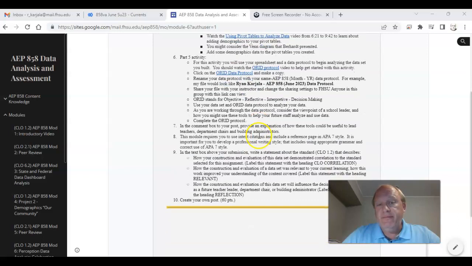Here's another one. And the last part of it, you're going to do a comment to your post. You're going to post your spreadsheet, and then you're going to talk a little bit about how these tools can be useful to lead teachers, department chairs, building administrators, whatever leadership role you're going to be in. These kind of skills will be